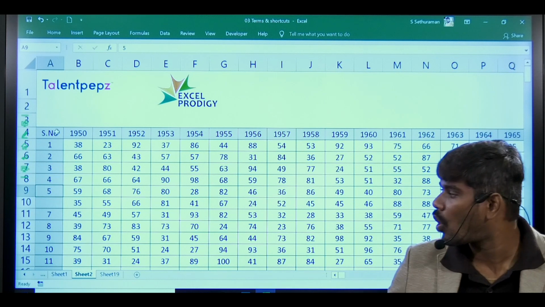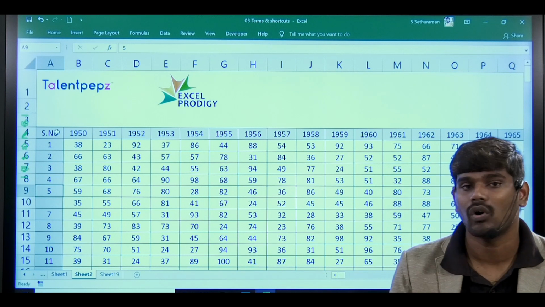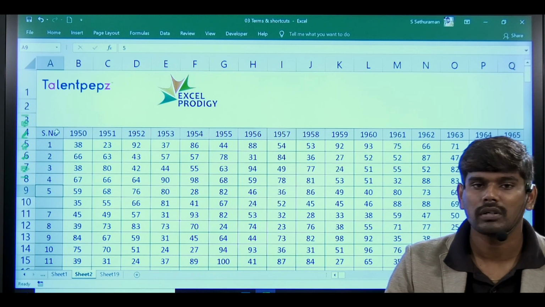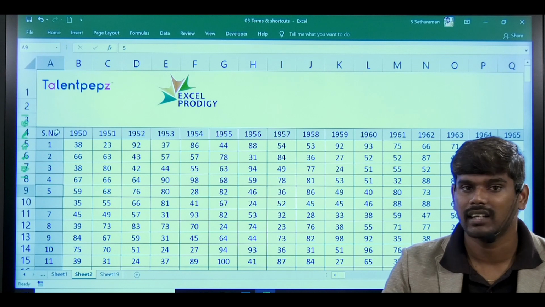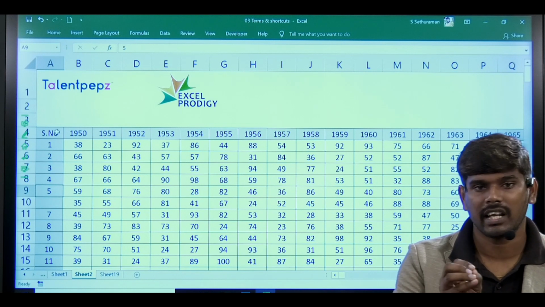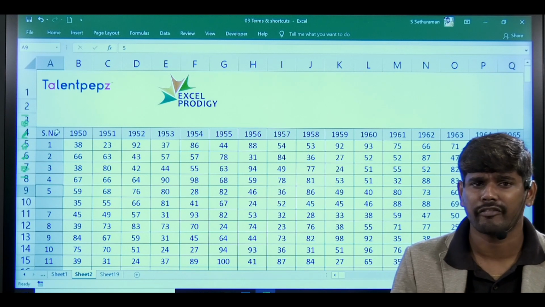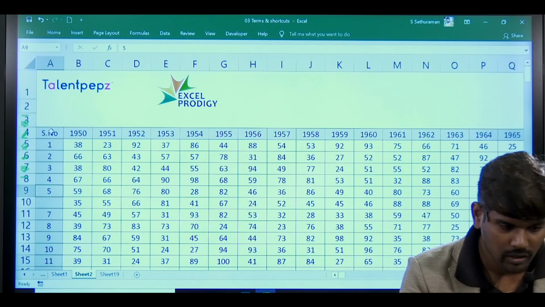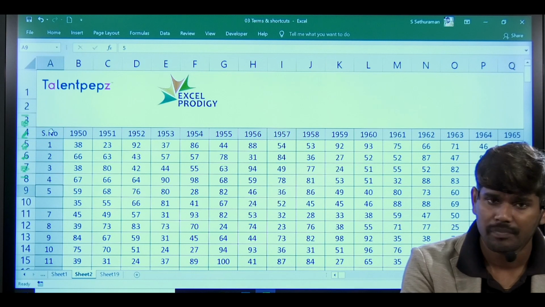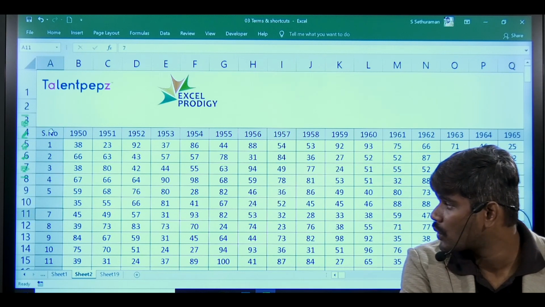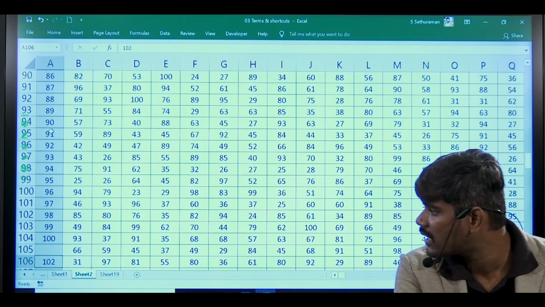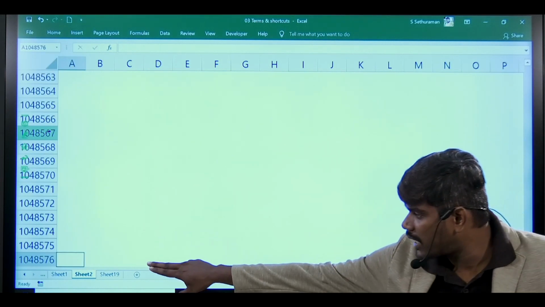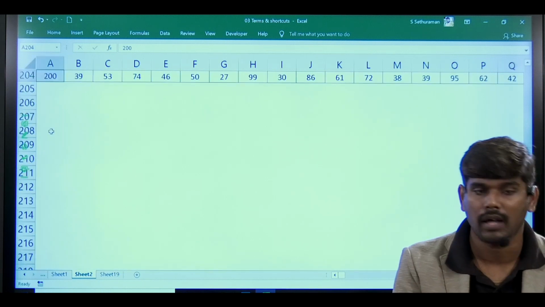Try to fill all the blank cells with a 0 or a hyphen by using Find and Replace or some other process. Don't maintain blank cells in the data. Definitely it will create an issue while selecting, while applying formulas, while creating tables and everything. Try to check that. So I'm clicking on the cell, Control Down Arrow. Next, again Down Arrow, again and again you have to press, depending on the number of blank cells. Now we came to the last, right? Now press Control Up Arrow.